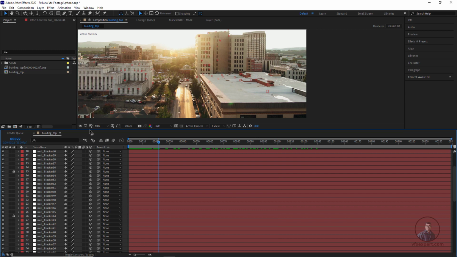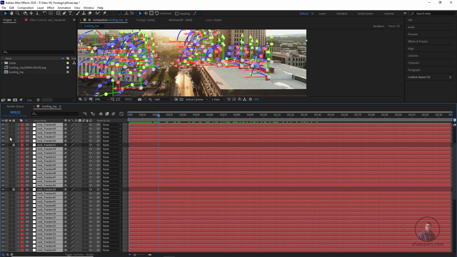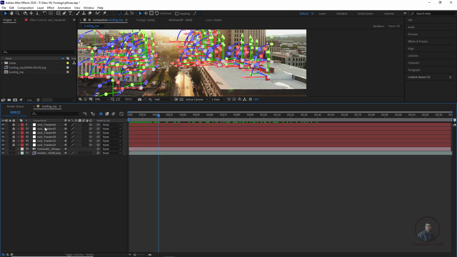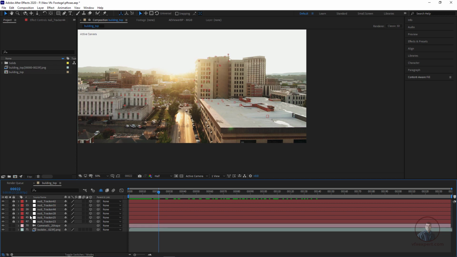Then after this, again select and press Control A. Here I have selected everything except all these locked points. Downside, we also have to deselect this footage. So hold Control and deselect, and also deselect this camera. Now we have to click on this Shy Layer option, then click on this option. This will hide the unnecessary locators from your timeline. Now easily we can see these are our main important locator points. Then after this you can unlock these points, and easily select them according to your requirements. Okay, this is our camera and this is our footage. Now finally press Ctrl S.